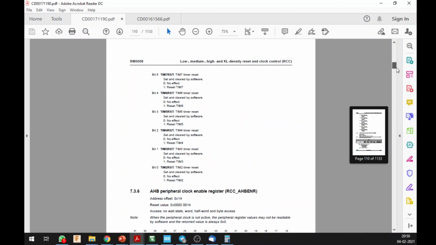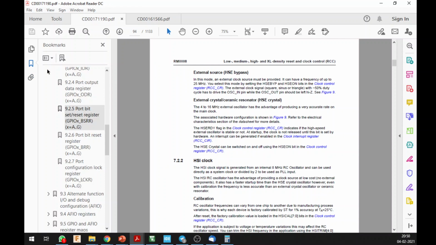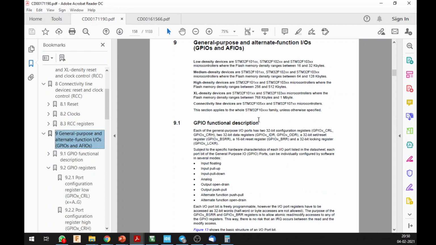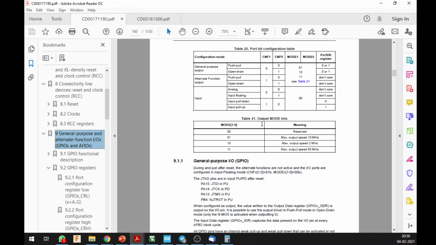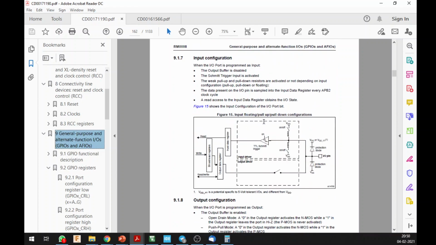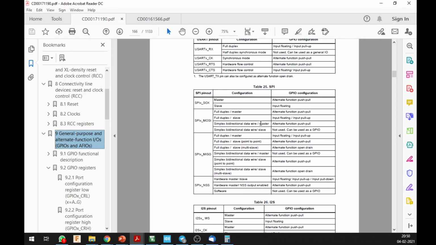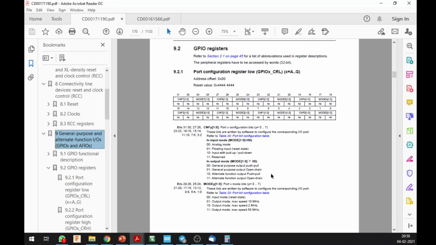You have to go to your register map. How do you access that? You go over here, and I think you have the registers. Yeah, you have your GPIO registers. You can get it from this. So I think there is a map somewhere where you can find the list. I'm not really going to find it for you guys. Just find it, it is there in this document itself.